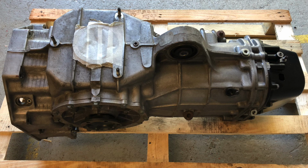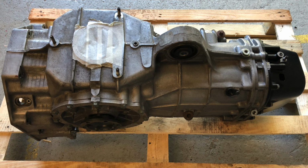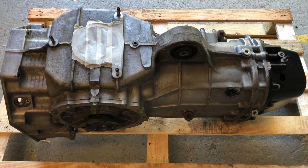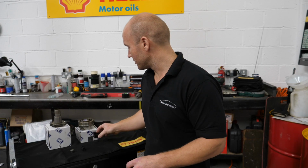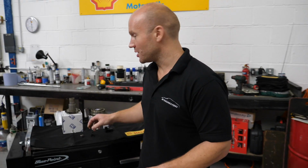So that's what I was going to ask actually. So if all of these parts failed, what would have my worst case been? The gearbox would have just sort of self-imploded, or not just at all? You just would have had a flapping clutch pedal and no gears whatsoever. Okay, well that would have not been much fun on a hill in Monaco, or really in London, or anywhere really. Absolutely not. The other thing that we did whilst the gearbox was off was to have a look